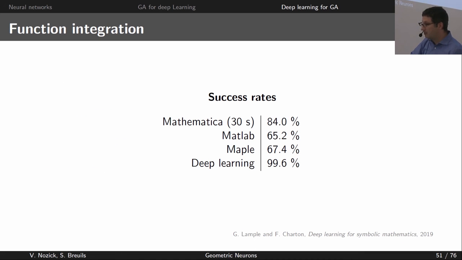So if you compare to Mathematica, they just cut it after 30 seconds because it turns out that after 30 seconds, the new answers are not really interesting. Mathematica, MATLAB, Maple, and deep learning wins by far. So this is really, I like it. Well, this is interesting, I think. You may say that, okay, the network will every time provide a solution, but you don't know if it's a valid one. You don't even know if it's the good solution. However, here it's easier to test the solution to see if it's a good one rather than to find the solution. So still, I think this is really interesting. That one, I like it when I see it.